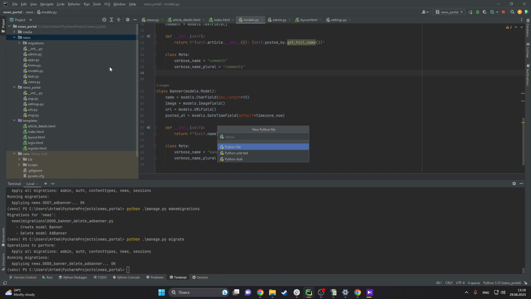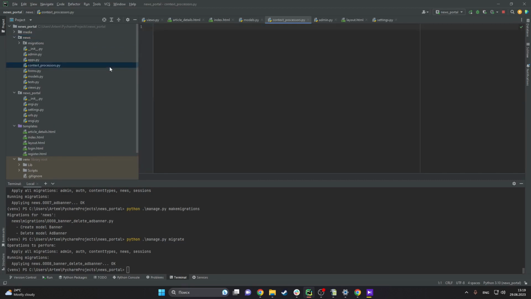So the file will be called context_processors. And here we will import our model from news.models import Banner. And our context processor is just a function that takes a request and that returns